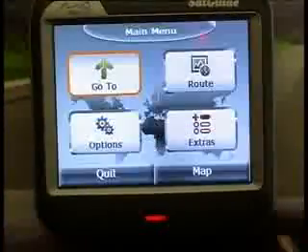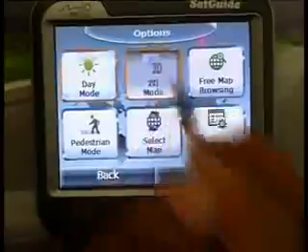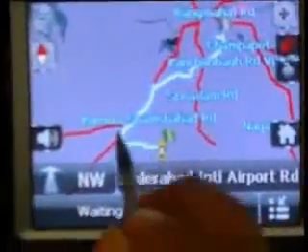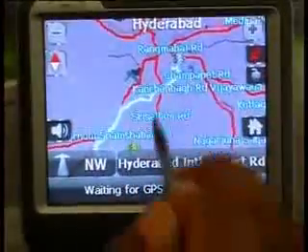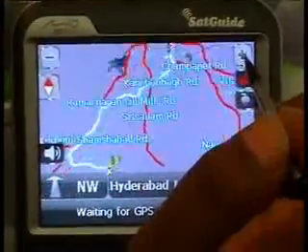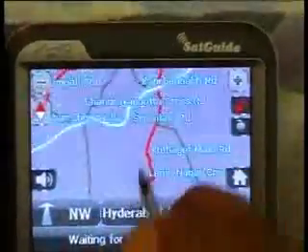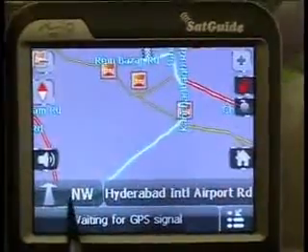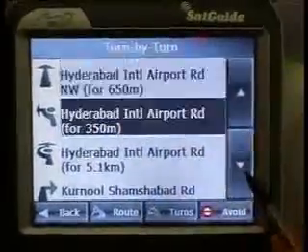So now the map is in 3D mode. You can convert it into 2D mode. Options, 2D. You can view it in 2D mode. The map can be moved in the 2D mode. So this is the generated route from Shamshabad to Srinagar colony. You can zoom out to have the detailed directions. And if you click on this button, it will display all the directions.